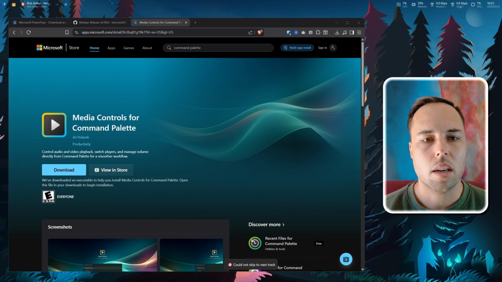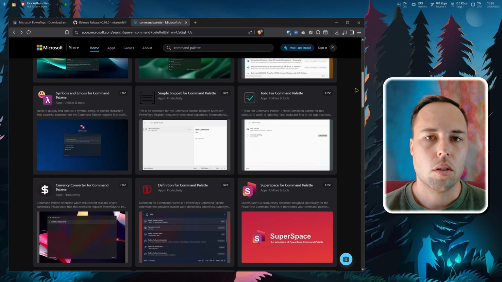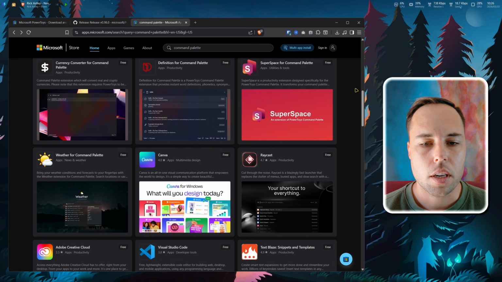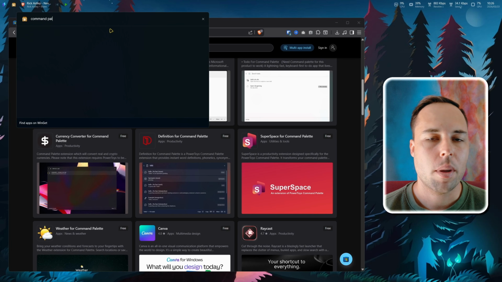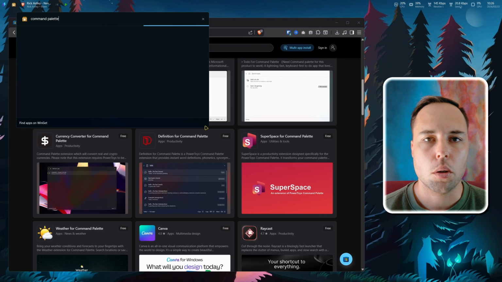So that's just one example for one of these extensions that you can add. There are many others available. Now I am going to be using this dock for the next week or so at least, and I'm going to see what other command palette extensions I can add to it that makes life easier or just makes using Windows better. And you can let me know in the comments down below if you want me to create a video on the best extensions that I've found, which will sort of be a follow-up video to this video.